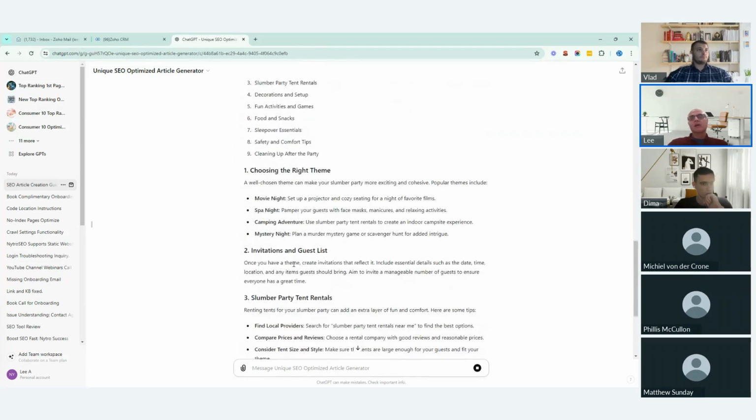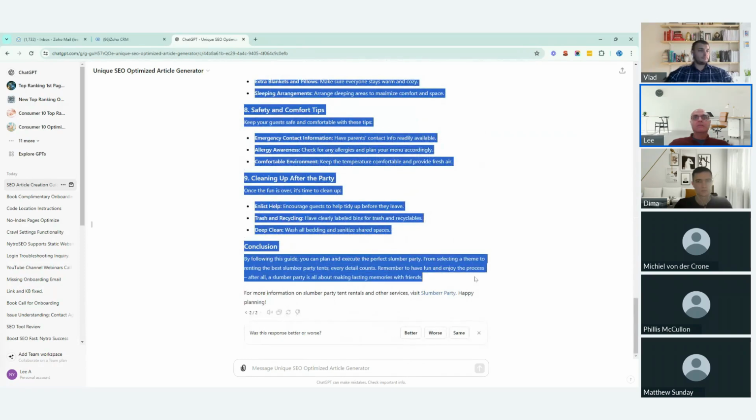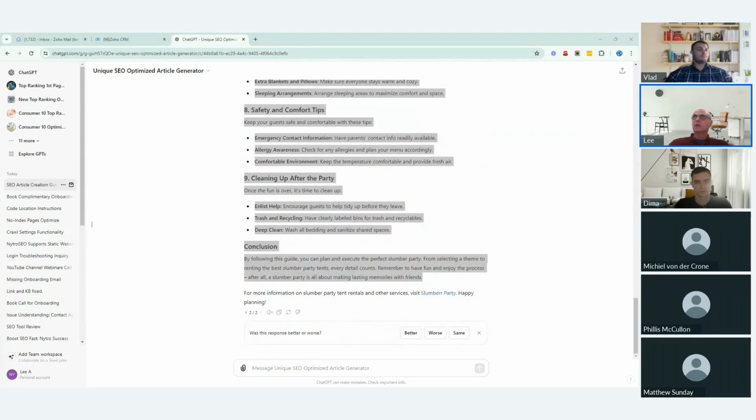So this is one technique that we recommend. The other tools that we are familiar with have their own scoring. Everyone thinks in their own way. We have our own technique, and as you saw before, it's very effective. It's performing very well, and all you need to do now is copy this into your CMS, and you have an article that is optimized for these keywords. If we look at slumber party,